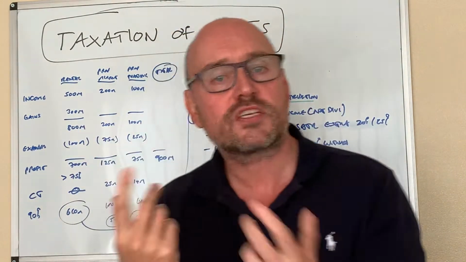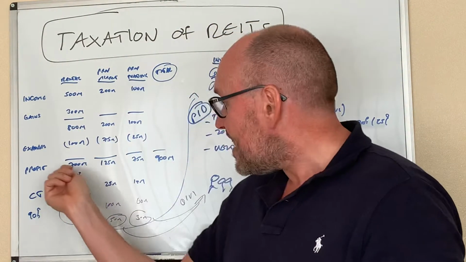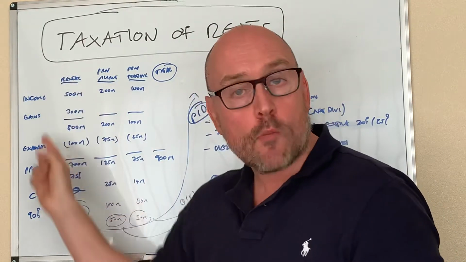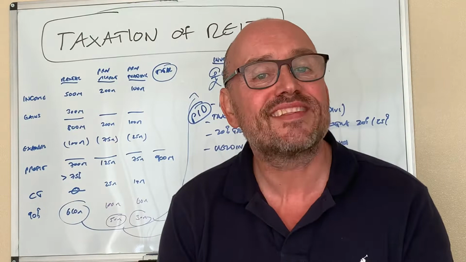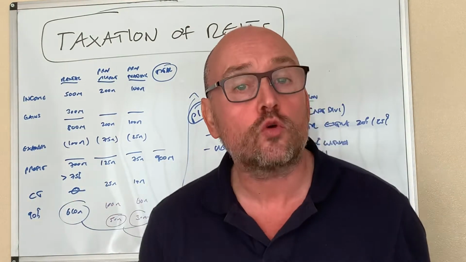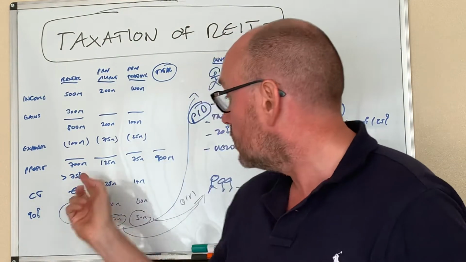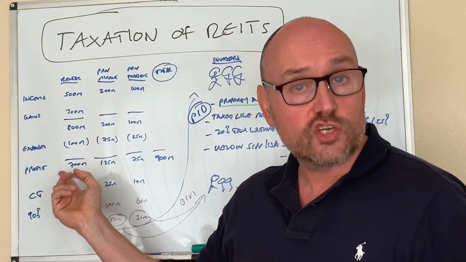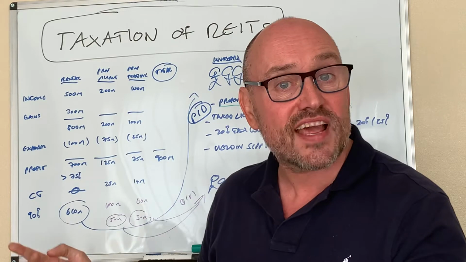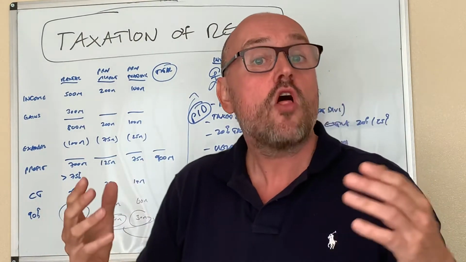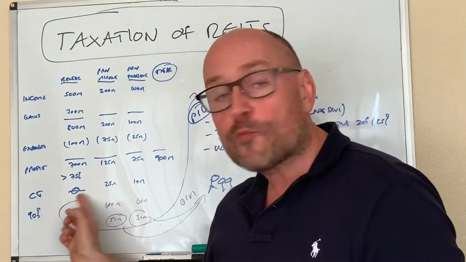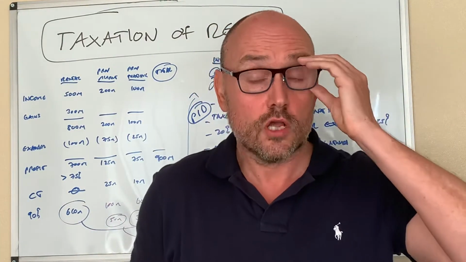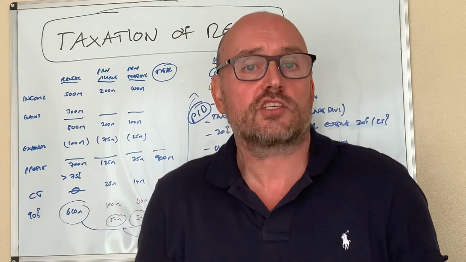Now the rules say that if the profits from the rental arm of the business are greater than 75% of the total profits of the company, which in this case they are, because 700 million is greater than 75% of 900 million, then the rules say corporation tax for these guys, 0. So that's terrific. So no corporation tax to pay.